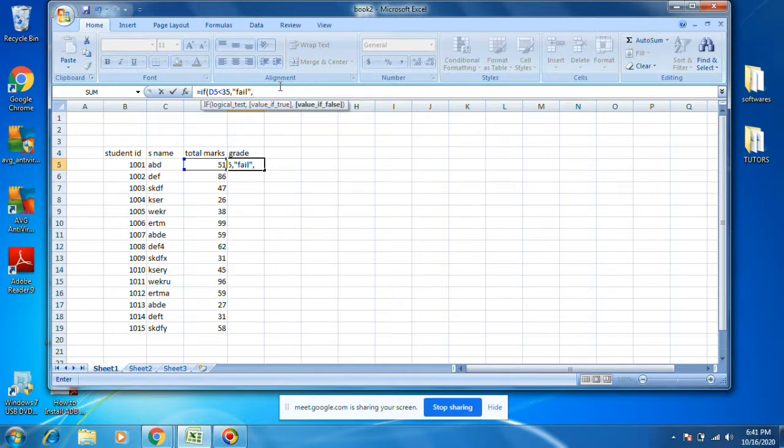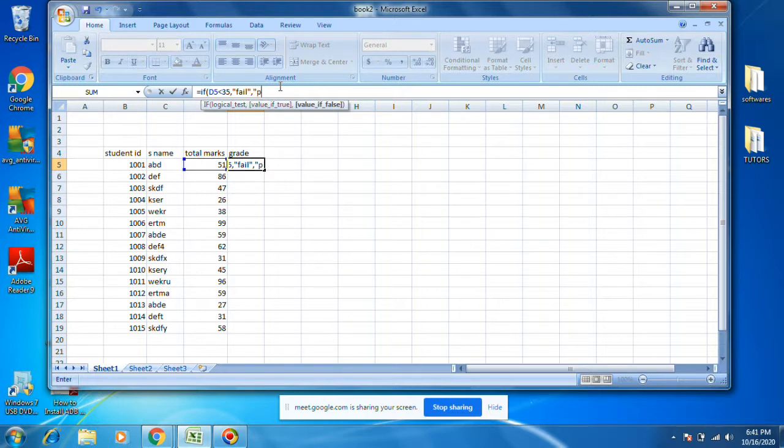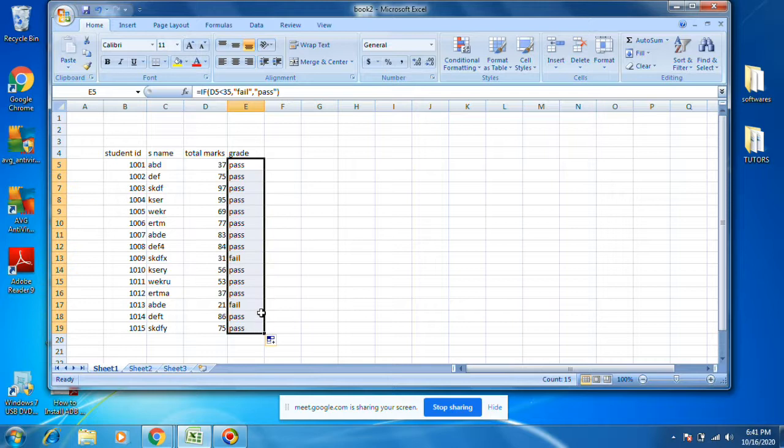Pass. The IF condition bracket should be closed. Just drag. You see, 31 failed, 21 failed. Remaining all are passed.